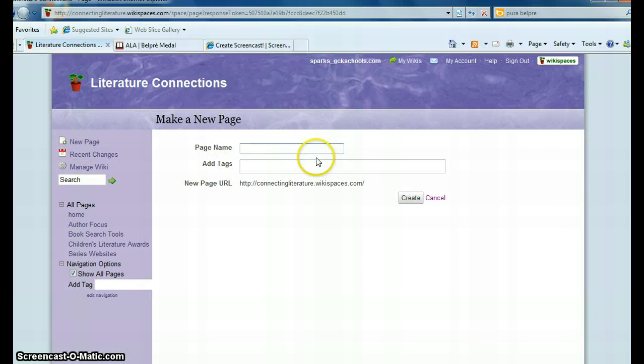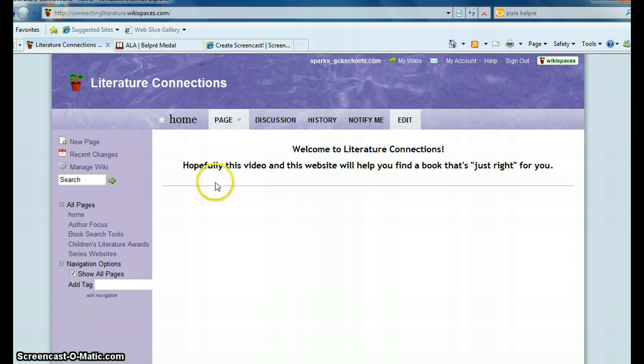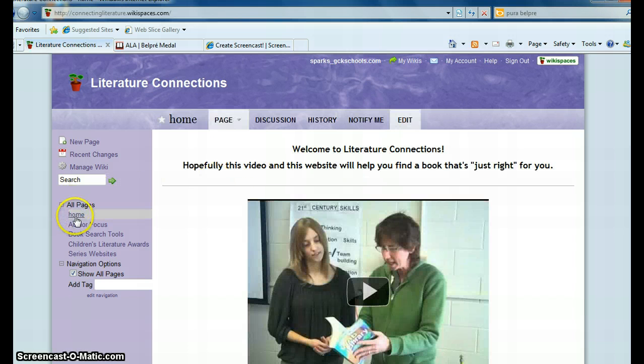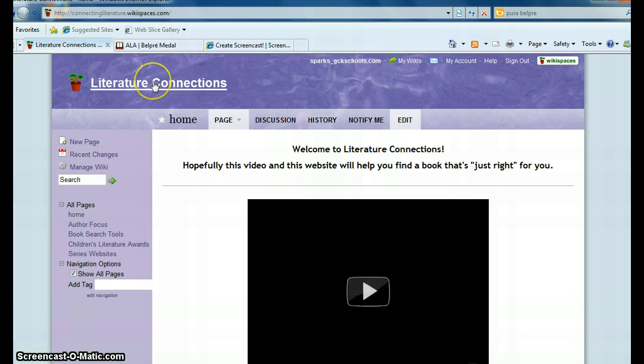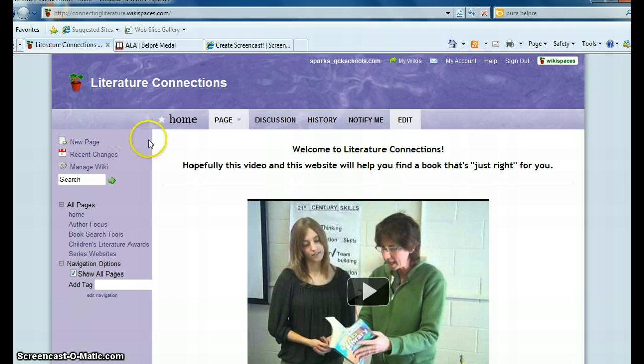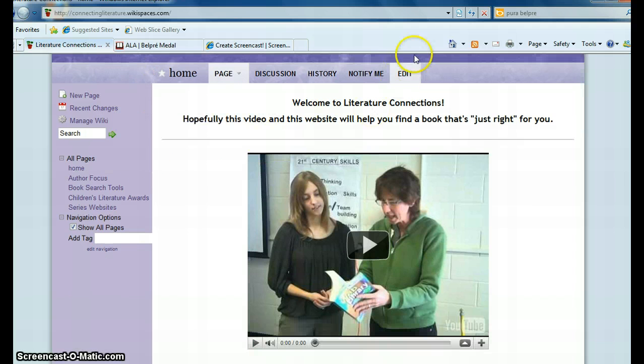You give your page a title. You can add tags to make it searchable, for it to be easy for other people to find. But I already have some pages, so I'm not going to create a new one right now. When I go to my home page, either by clicking on this or my title up here, to create my home page, I clicked on Edit,